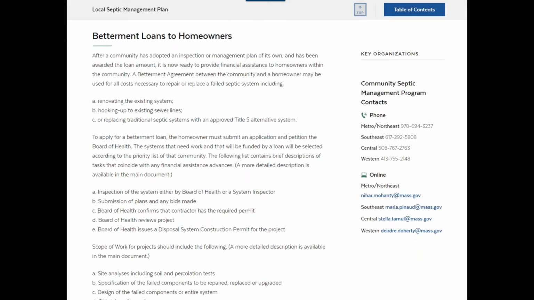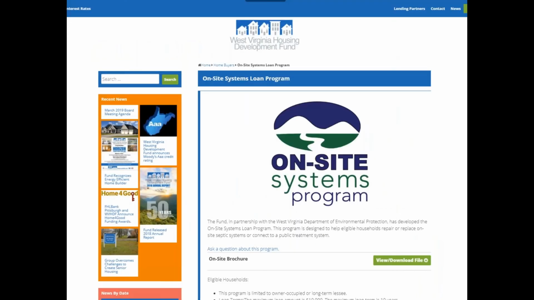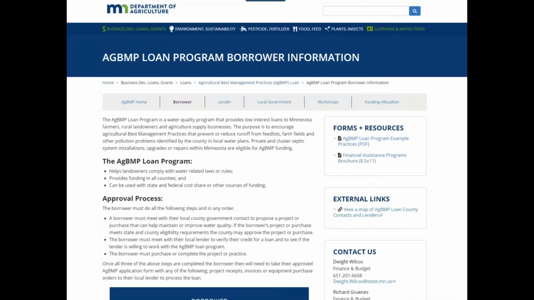So Betterment Loans, and this is all again about Title V, which is what they call their program for alternate systems that are not traditional septic systems and have more treatment involved. West Virginia Housing has an ag-related loan program for livestock water.